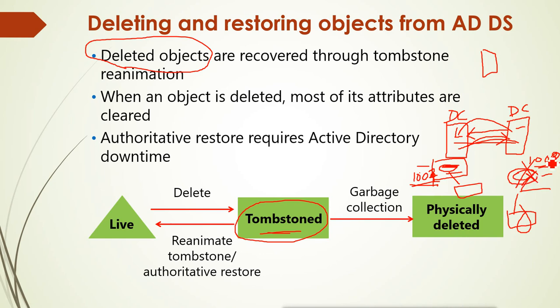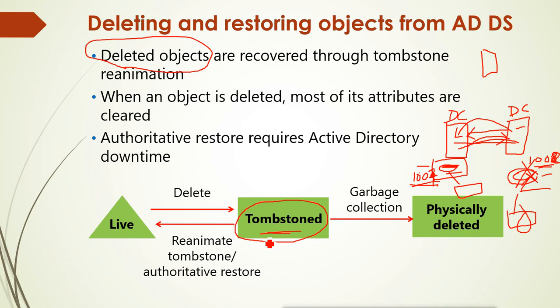Now because it is a tombstone, it remains there, so it cannot update the information, it cannot send the user back because it is deleted. So it will be deleted on all the DCs because of this tombstone. That is why the user becomes the tombstone. It strips all the information from the user and makes it a tombstone.